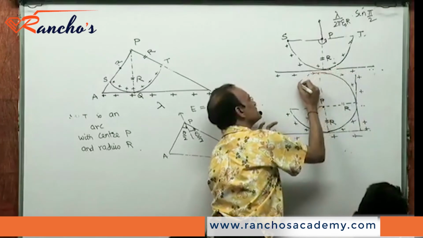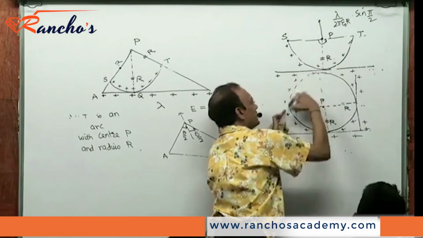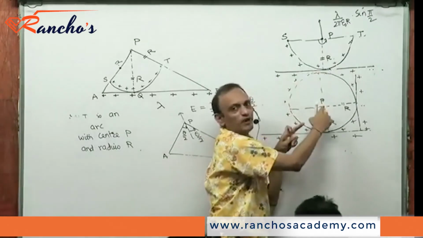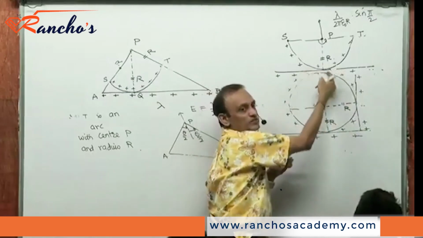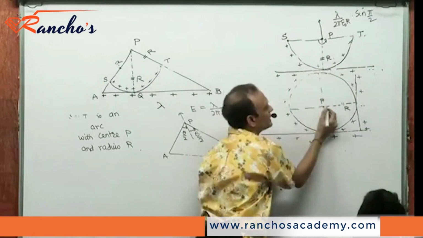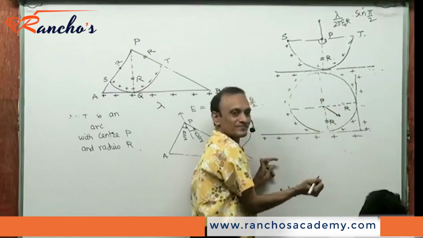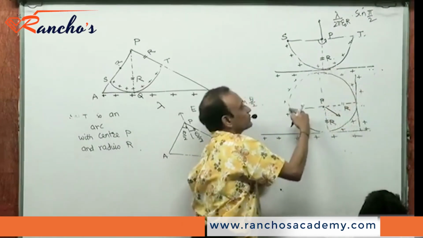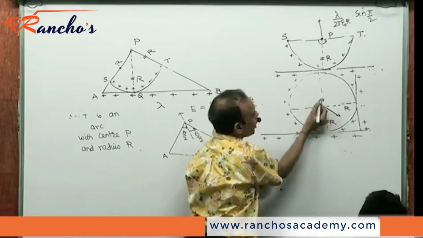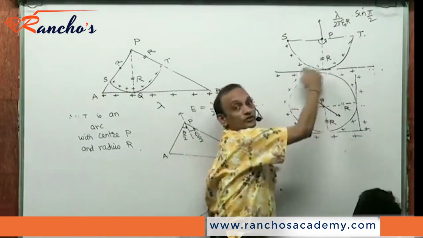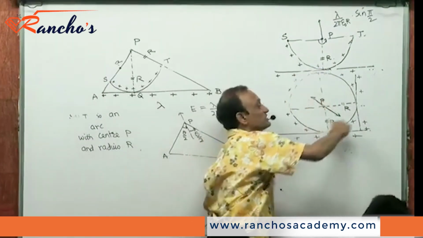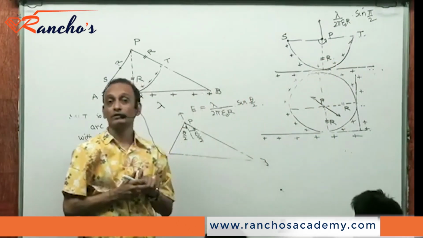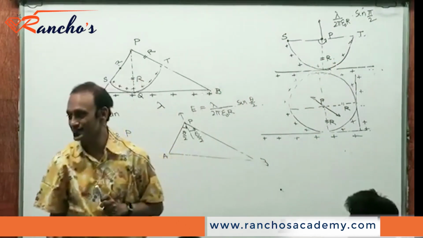And if I had completed the circle, the net field at P would have been 0. That means the field because of these 3/4 would exactly cancel the field because of this remaining quarter. So the field because of this quarter I can easily compute. The field because of these 3/4 would be exactly equal in magnitude and opposite in direction to the field because of this quarter. So the net field would be like this because of these 3/4 circles. You may want to keep a tab on this result. It will come in very useful.